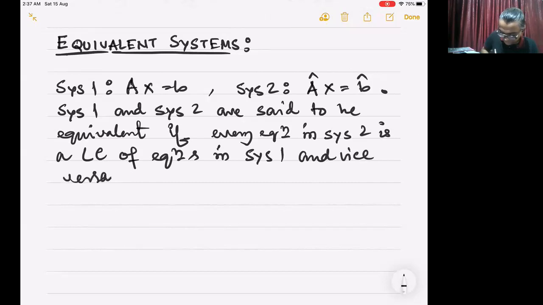That means every equation in system 1 also in turn is a linear combination of equations in